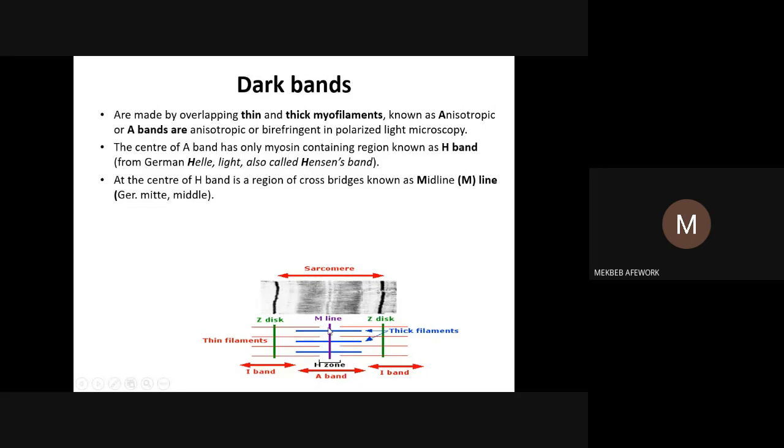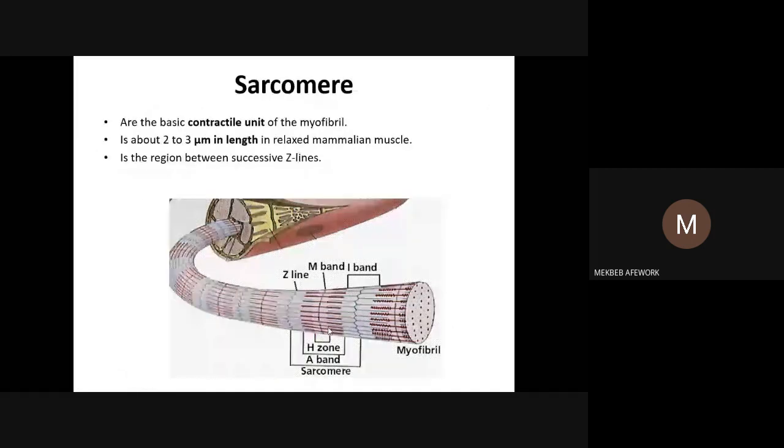H band is cut by M line. So that's what is making the skeletal muscle striated. The dark ones, A band, the light ones, I band. Now from one Z disk to the next Z disk is a repeating functional unit of the